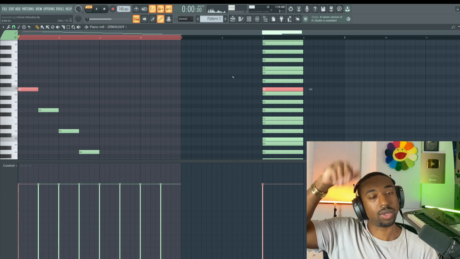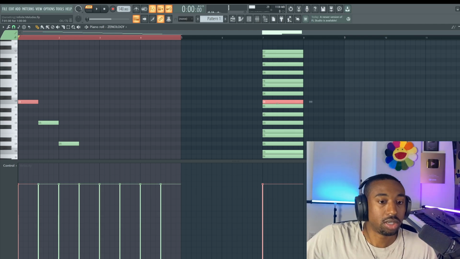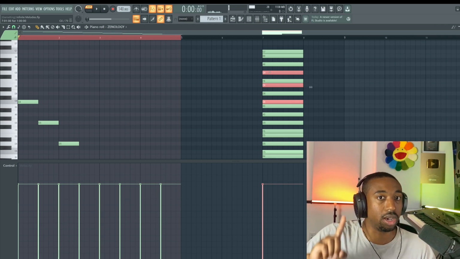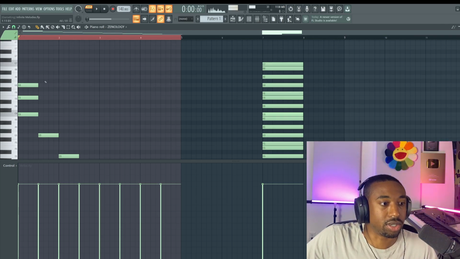We can go 2 directions. We can go up or we can go down. So what we're going to do is go upward. Okay, so starting at C, we're going to skip every other note in the scale going up the scale. So C, skip D, go to E, skip F, go to G. That creates C major.